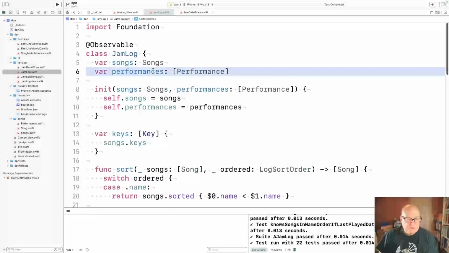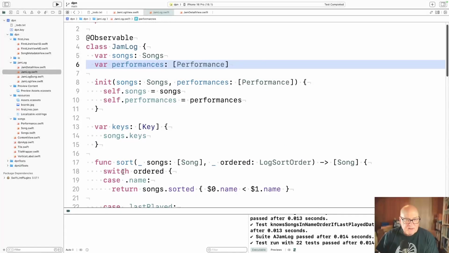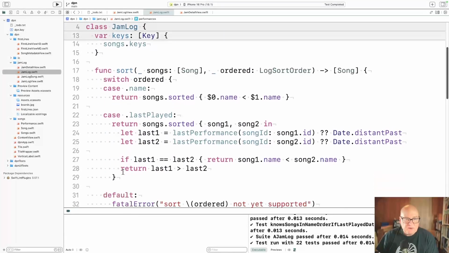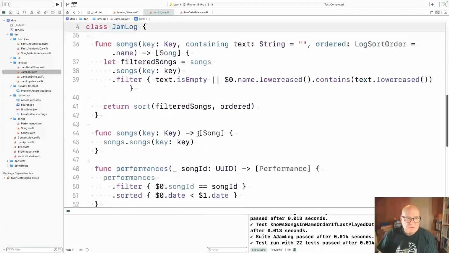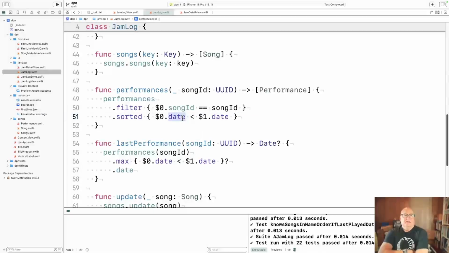Okay, and we do have performances. Now, I guess the thing to me is, is there performance-specific stuff that we can access? I mean, this is sort of that.